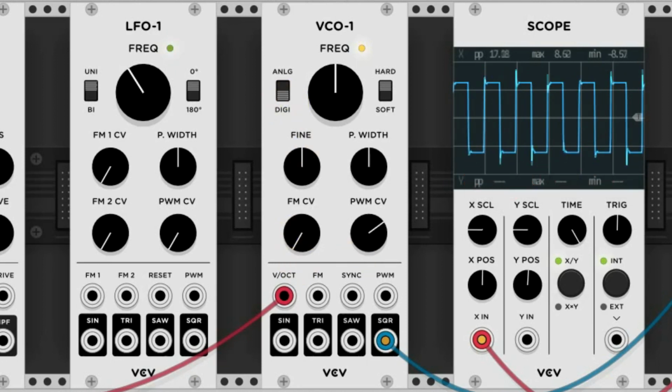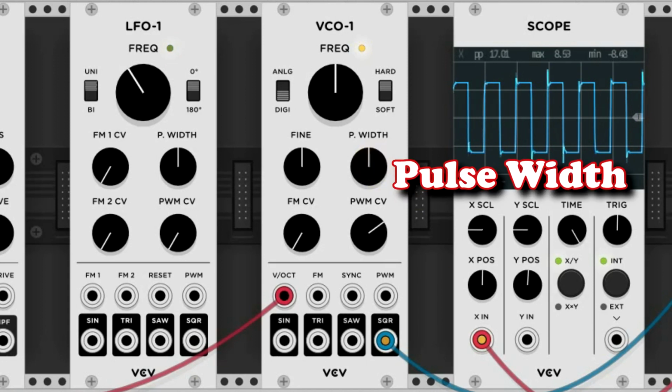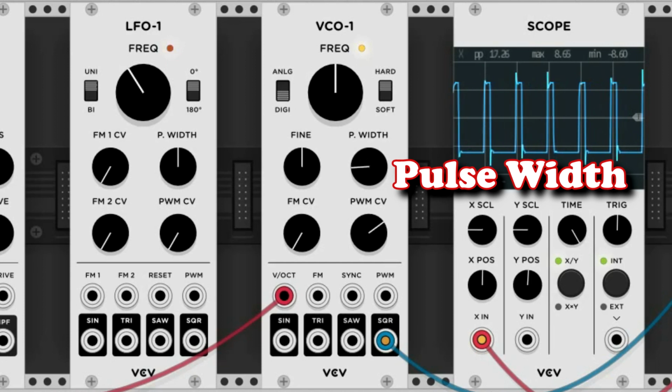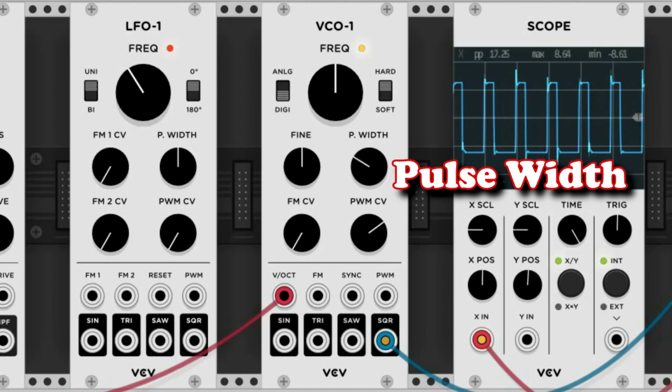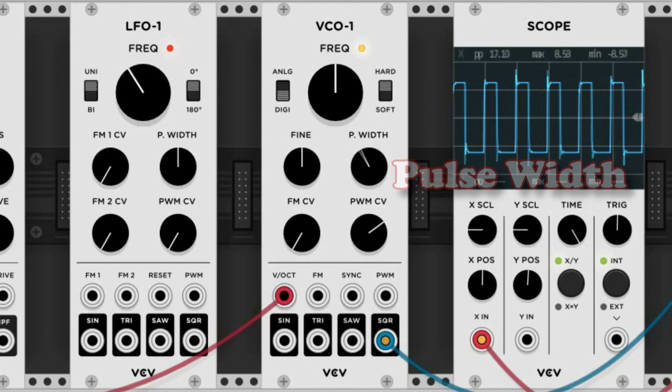Now this square has an extra rotating knob where you can change the pulse width. You see several pulses on the scope, and if you turn this knob from left to right, you see what it does. It narrows the pulse on the square, and it also makes the sound different, thinner. And if I move it constantly from left to right and back, you get some nice effects on this square.